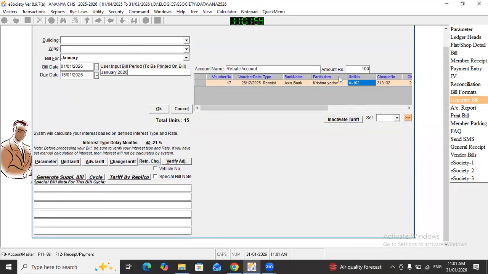In this case, for only A102 check return charges will get applied, and for other members there is no check return charges. Here now we'll generate the bill. Click on OK.